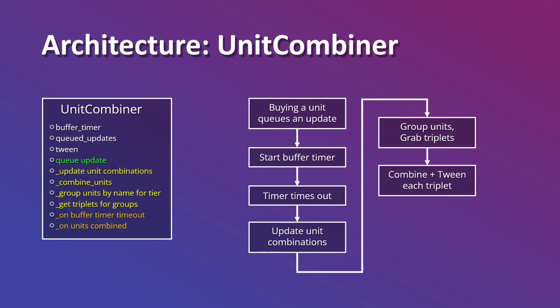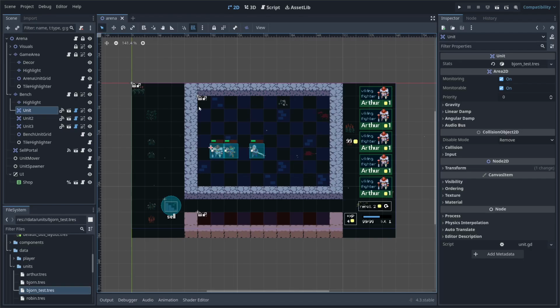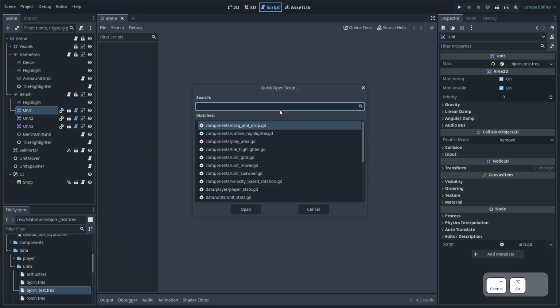Hopefully that makes sense and sort of provides an introduction to the problem we want to solve in this episode. So let's jump into it. So with the project open, we can do the changes that we proposed in the architecture section. The first of which is to update our unit's stats script. So let's go to the script tab, press Ctrl-Alt-O and search for